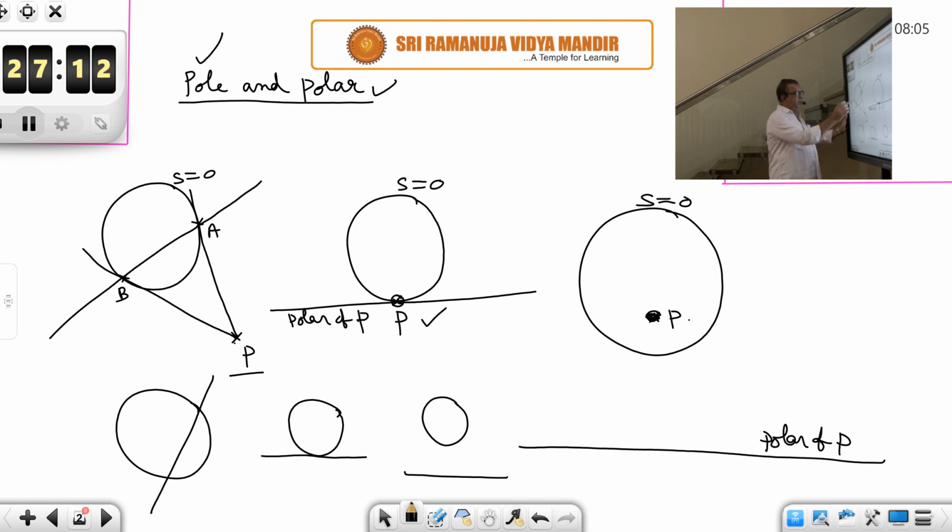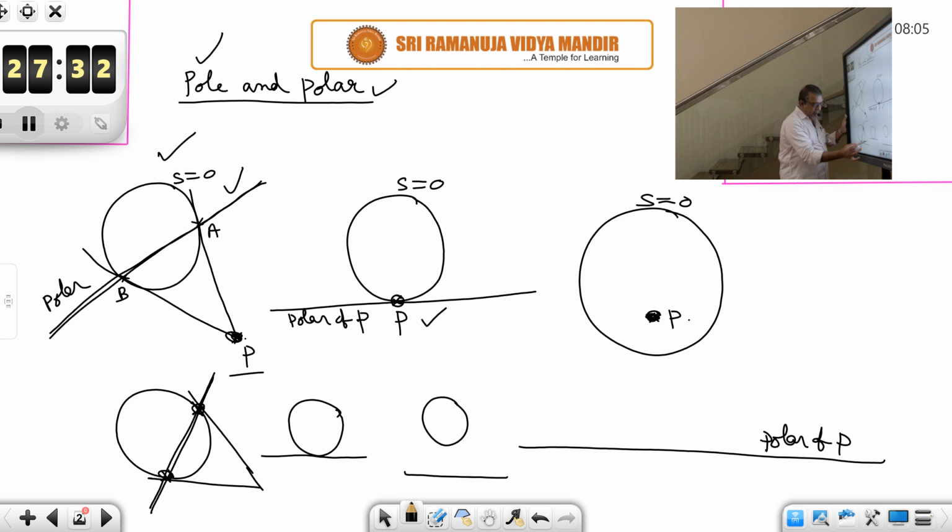All these lines will have poles. So see, in this diagram, for this point this is the polar, is it not? The chord of contact is the polar, and for this line this point is the pole. So how do you locate the pole of this intersecting line? At the points of intersection, you draw 2 tangents, and their point of intersection is the pole. That is what you can say from this diagram. These are tangents at A and B. The intersection point is the pole, is it not?